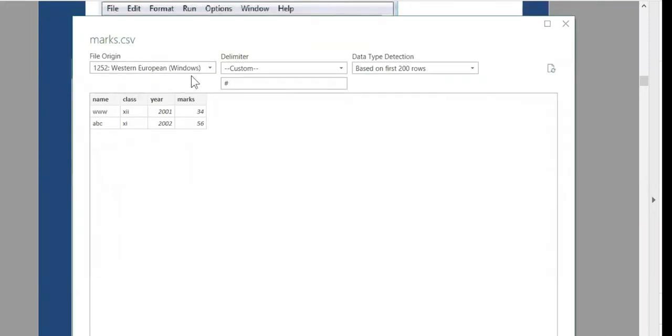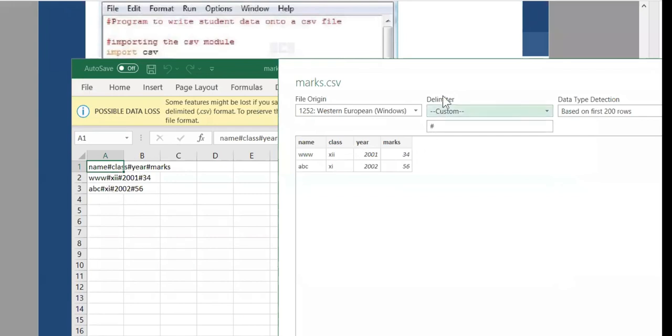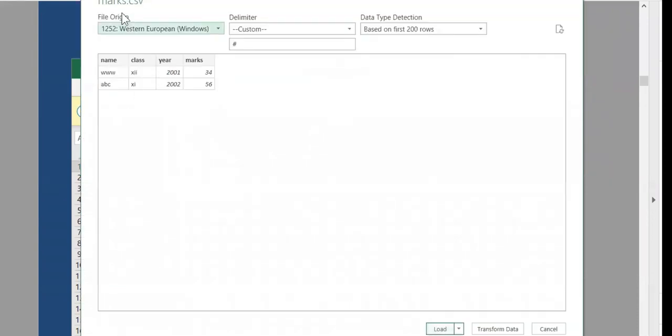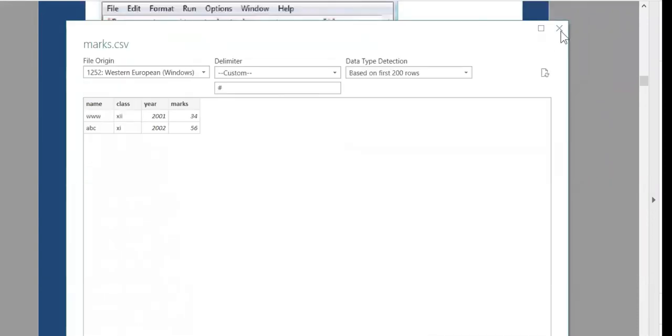If you are opening it in CSV also, you need to see how the data is going to change if you specify hash. Otherwise, your data is going to be in this format. When you specify the delimiter, each particular field which is after the hash is going to be a cell's value. With this, if you try to load it into the file, this particular record is getting loaded. Okay, this is how we import the CSV file if you have some other delimiter. There are also other techniques to change the delimiter. This is one particular method to change the delimiter in the Excel sheet.